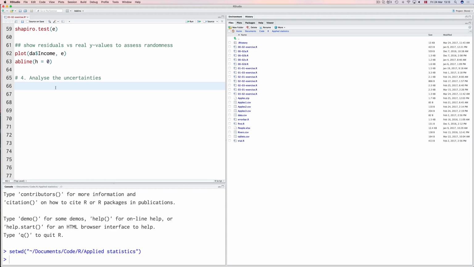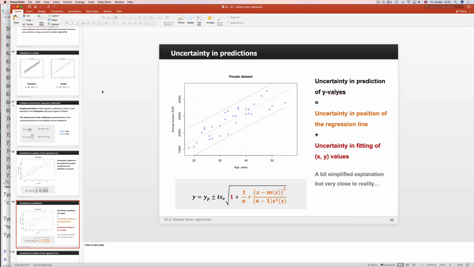And then finally, let's investigate a little bit the uncertainties. You remember that we have two kinds of uncertainties. First of all, we have a fitting error. This is exactly this standard error of prediction. And we can calculate the uncertainty by just using t-distribution because our sample size is small. Then for a certain confidence level, we can always calculate this fitting error as plus minus t times s